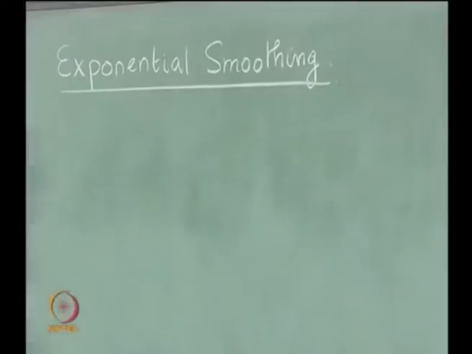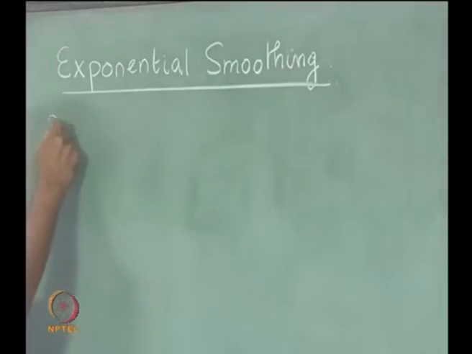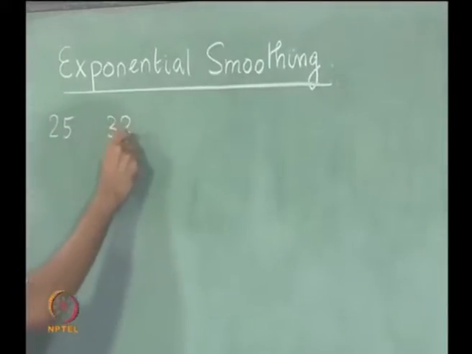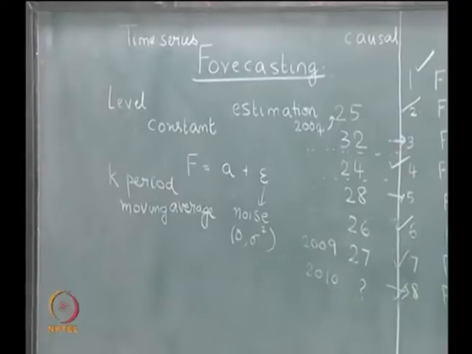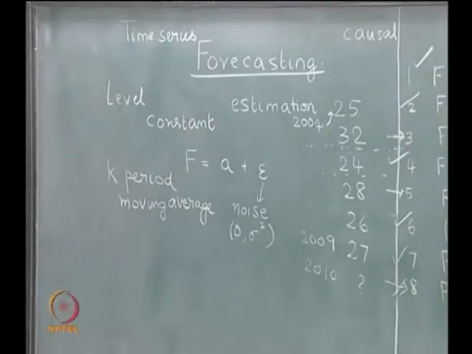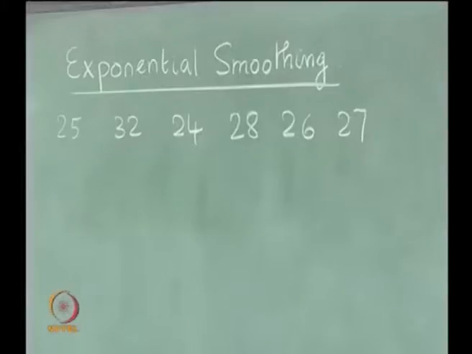Now, let us look at the 6 pieces of data: 25, 32, 24, 28, 26 and 27. Now, the exponential smoothing equation comes from